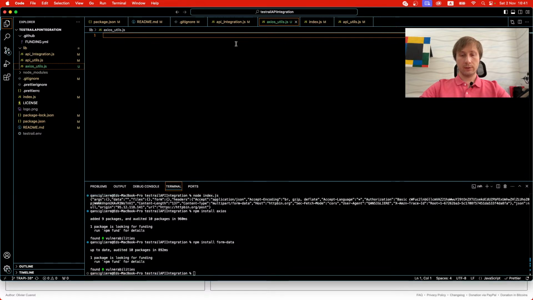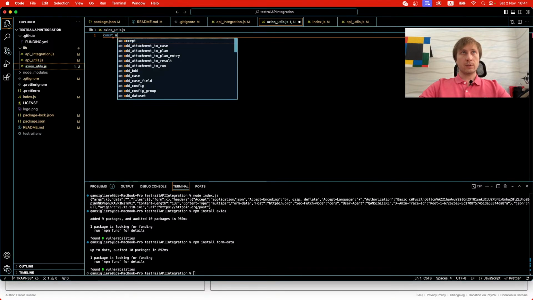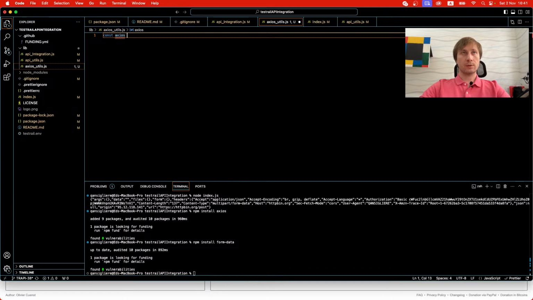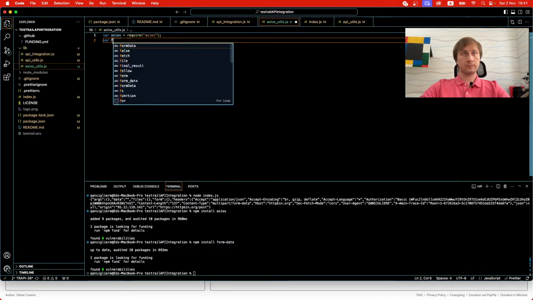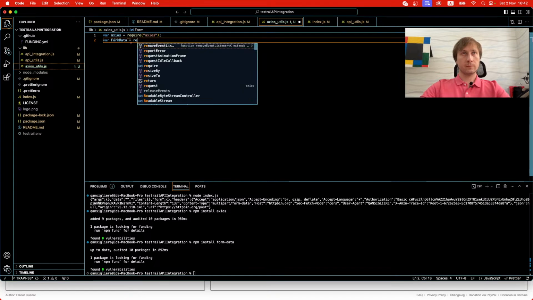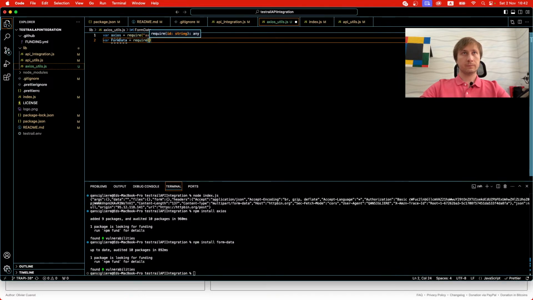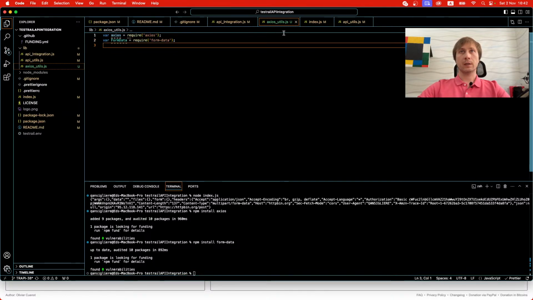And in this file, let's do the following. First, const axios equal to require axios, var form data require form data, and now we need to